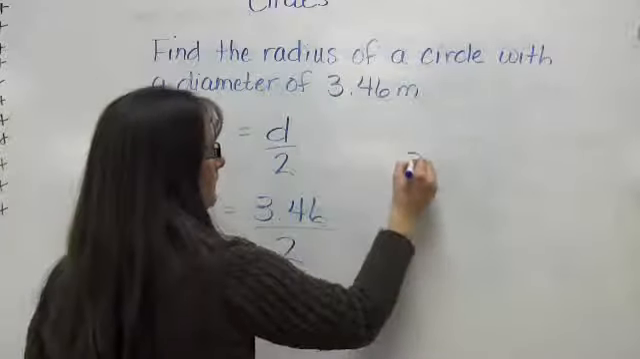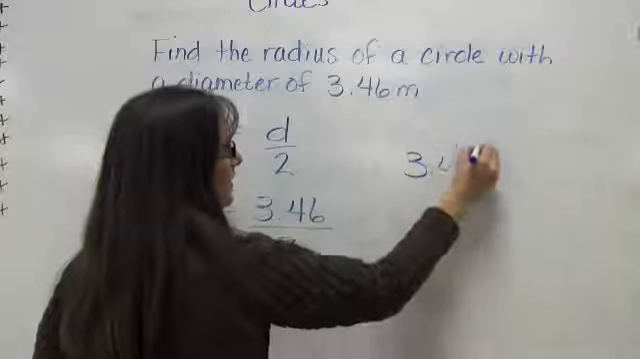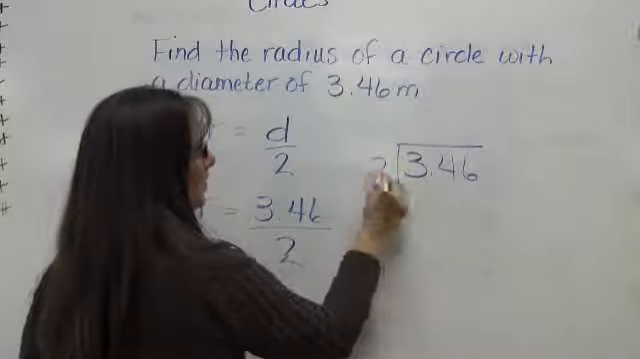Coming over here, we'll put the 3.46 inside of our division box, 2 on the outside,